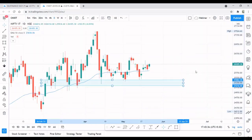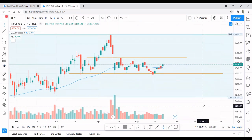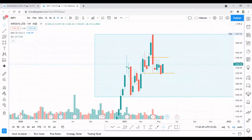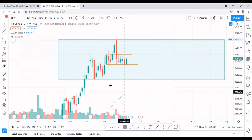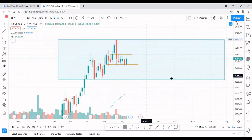Start with Infosys. As you can see, Infosys is giving the same momentum as the indexes. So again, I said, try to analyze the index first and then trade a stock, and it will help you achieve benefits. So as you can see, Infosys has given a very strong bullish candle near the support,